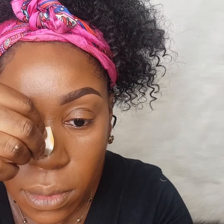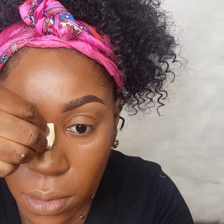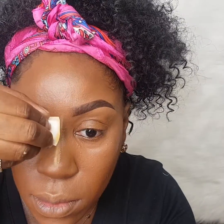And I want to say that you need to make sure too that your lighting is very good, because you want to be able to see the face in its entirety. Once we're satisfied that everything is nicely blended, now we set. Number one rule of makeup, we set all cream products. And I'm going in with the Sacha Buttercup using a wedge